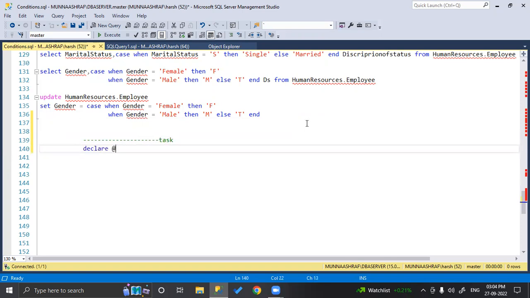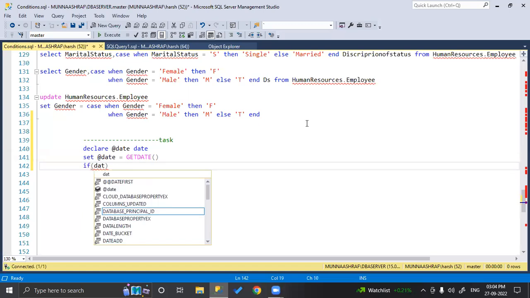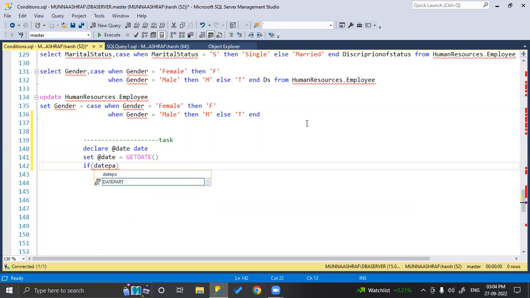Okay, so let's declare a variable to store the date. We need to check the date only, right? So we have to find out whether the given date is a weekend or not, correct? The variable is equal to getdate, today's date, and I am storing that value. So let me add the condition here. Let me take a datepart of the date. If it is falling under